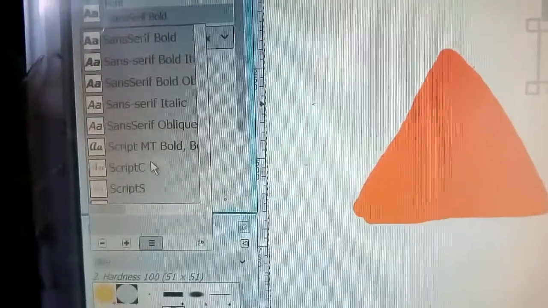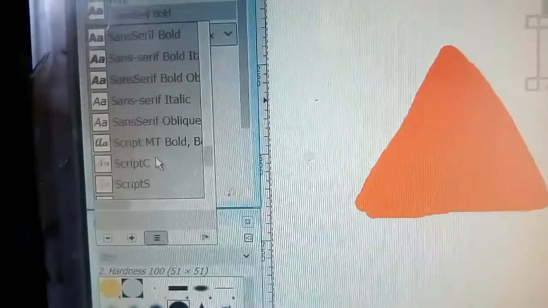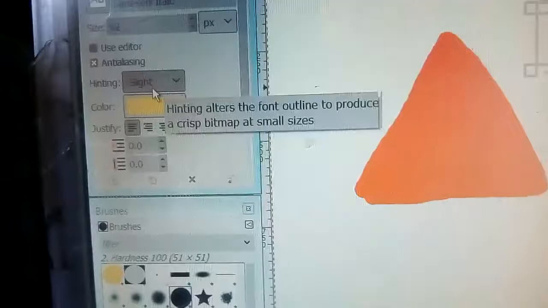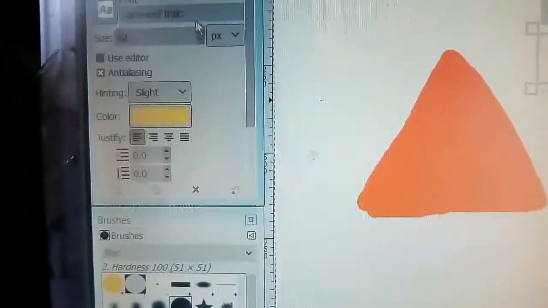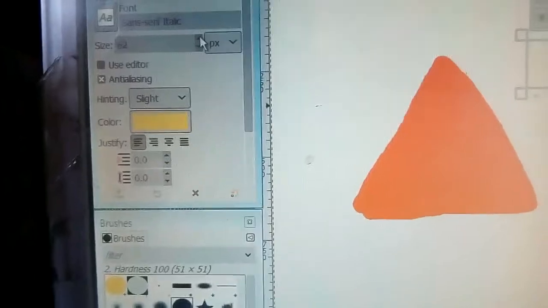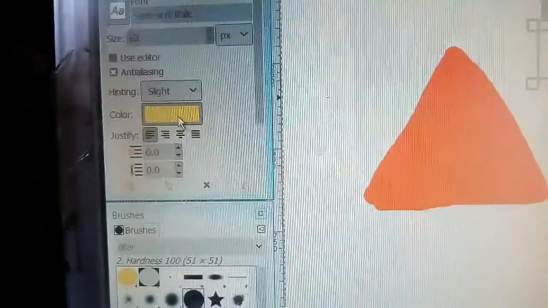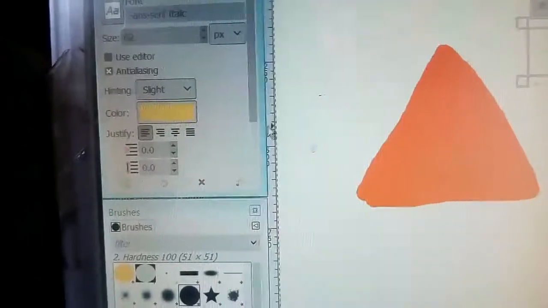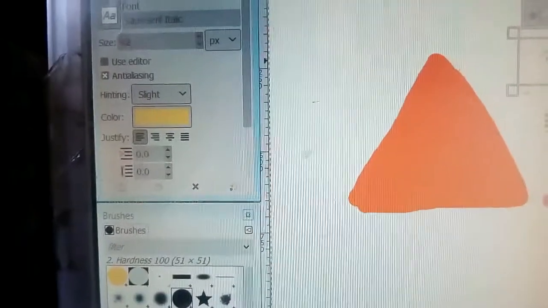Okay, so whichever font you want, you just select that, like this one, sans serif, italic, or whatever you want you can do from here. Size also you can change, color also you can change. Okay, so all these things you can change, bold, italic, underline, whatever you want you can do from here, and then you just click over there.